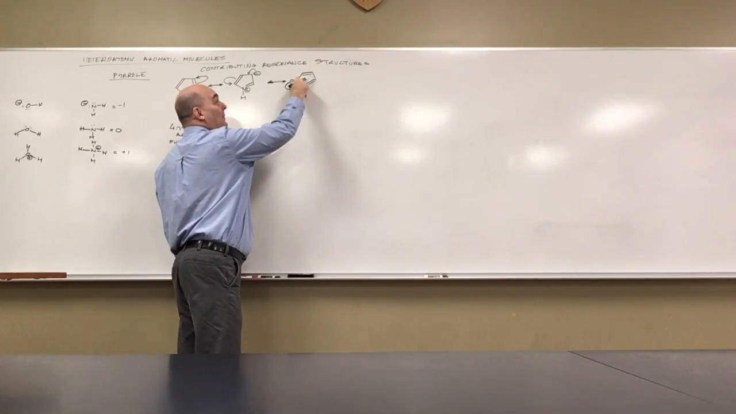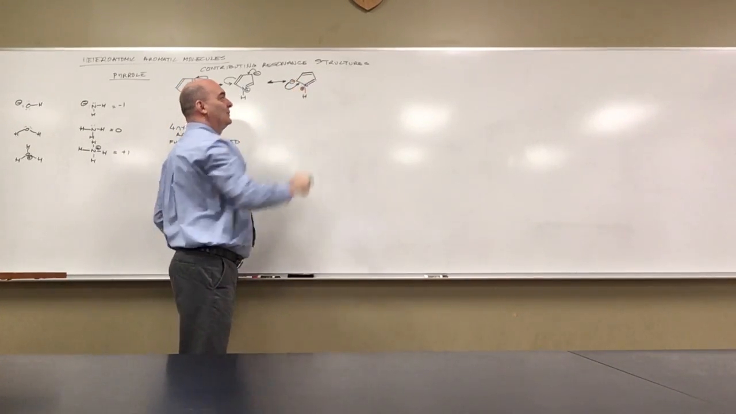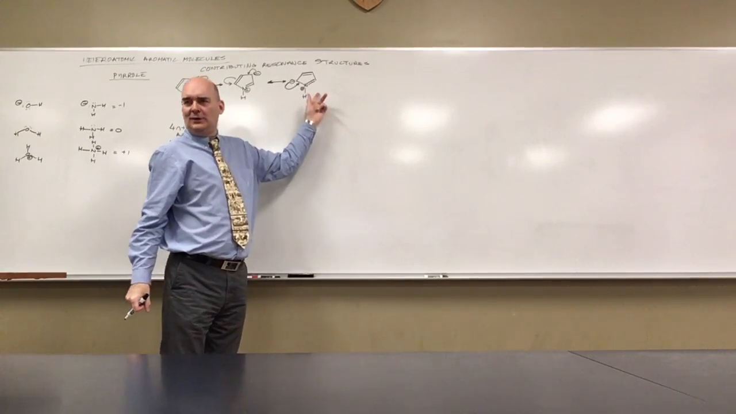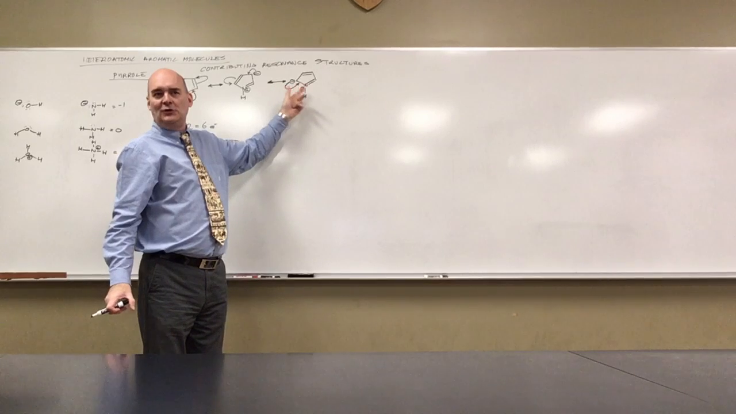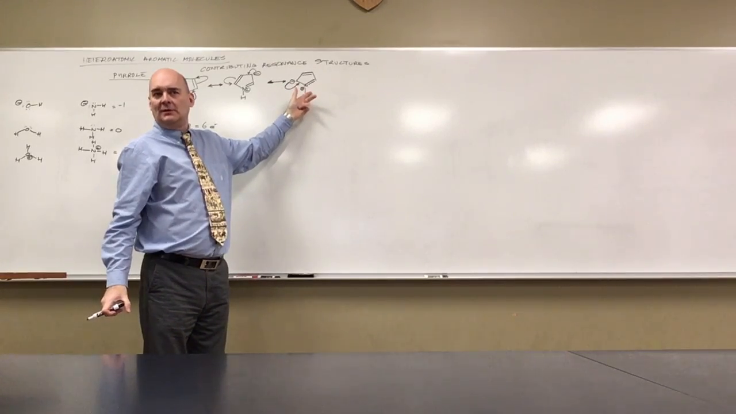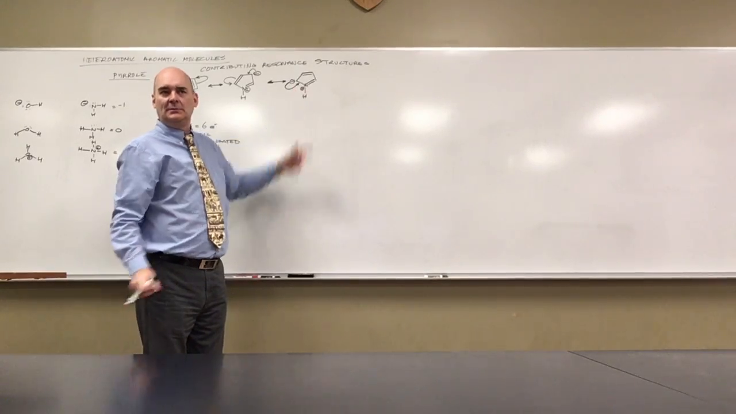I'm going to make a new pi bond between this carbon and that nitrogen. That nitrogen is already holding 4 bonds. So when I make a new bond to it, it has to let go of something. It's going to let go of its weakest bond, and its weakest bond is